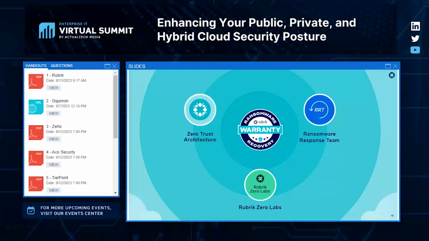And Rubrik really puts our money where our mouth is. We offer a $10 million ransomware warranty: if you weren't able to recover with Rubrik, and you were following our best practices, we would actually give you $10 million. We've never paid it, but it is something that, like I said, really puts our money where our mouth is, to give you that additional peace of mind from a preparedness standpoint. So, Jess, I appreciate it, and that's kind of all I had right now.